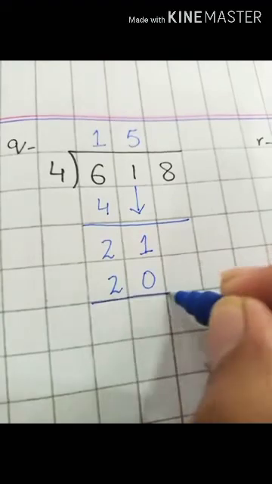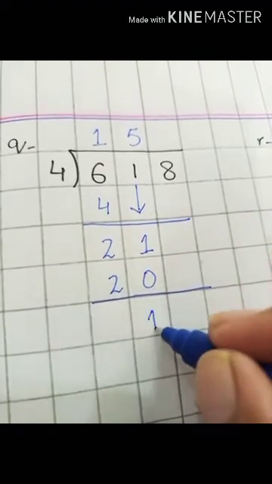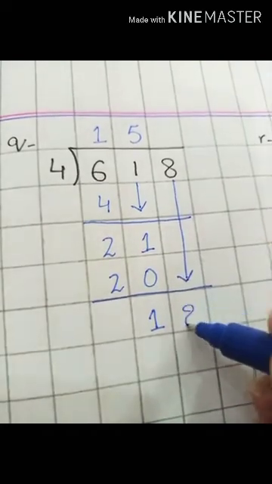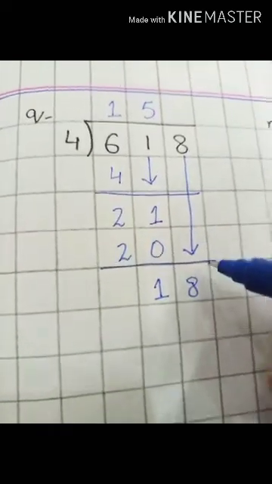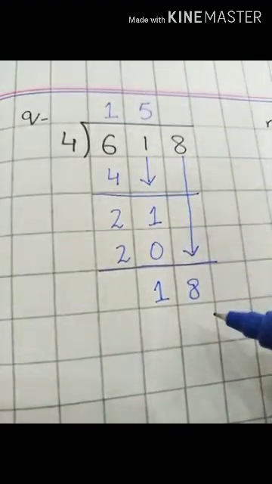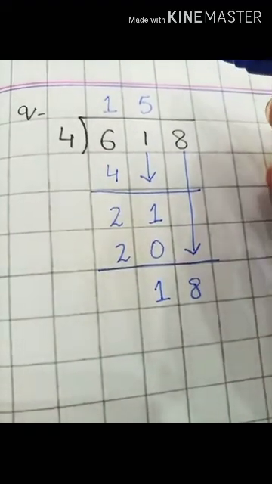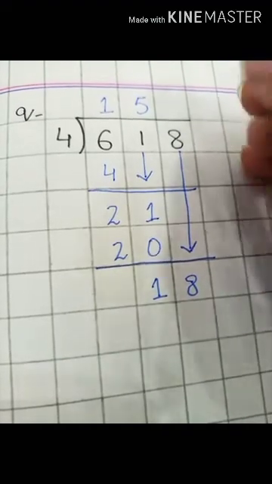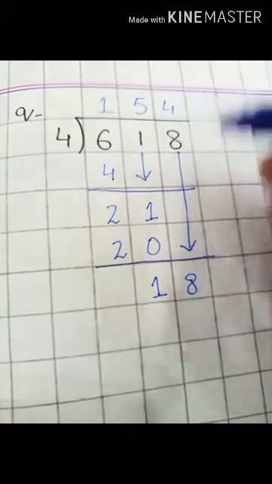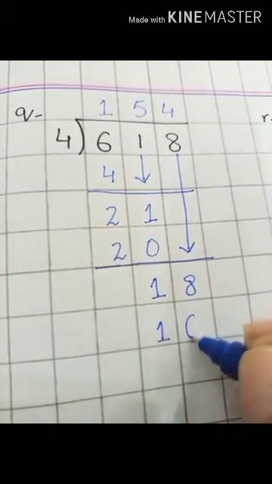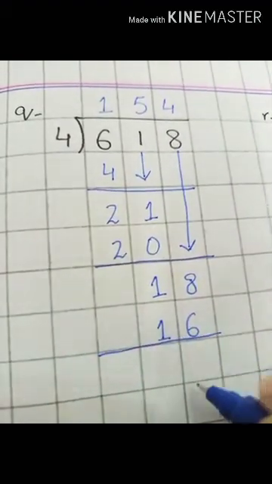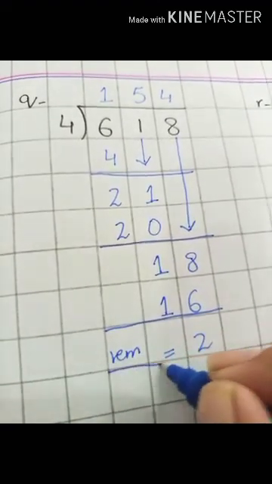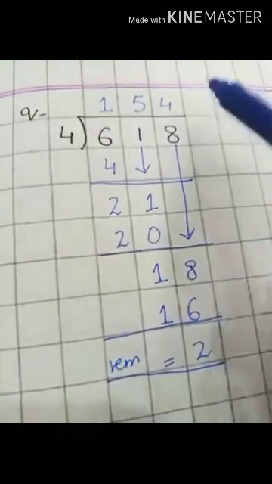Students, next step is subtraction. 1 minus 0 is 1 and this one is smaller. So I am writing this 8 down here. This will become the number 18. Now I can easily divide it. 4 ones are 4, 4 twos are 8, 4 threes are 12, 4 fours are 16, 4 fives are 20. Can't write the 20, but I can write 4 fours are 16 here. So 4 fours are 16 while 8 minus 6 is 2. So this 2 will become my remainder because this 2 is not divisible by my divisor.